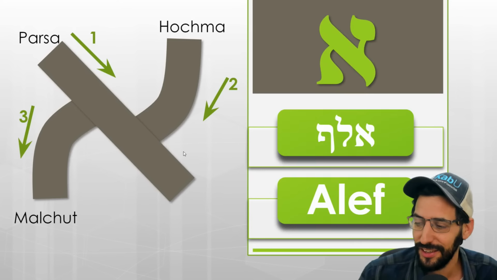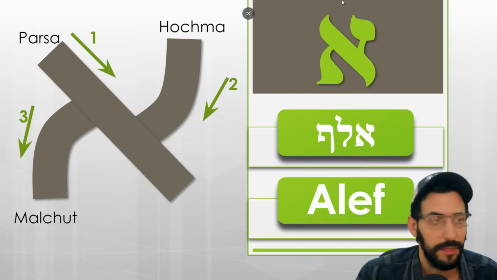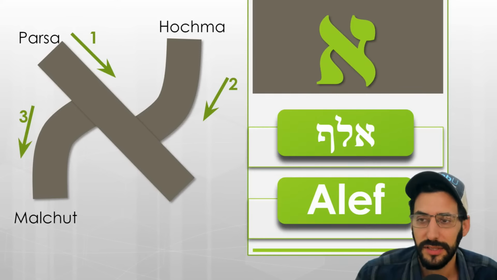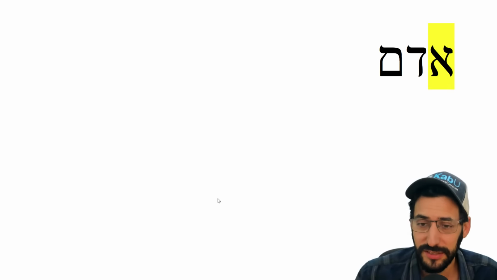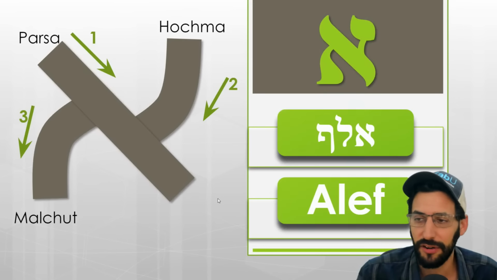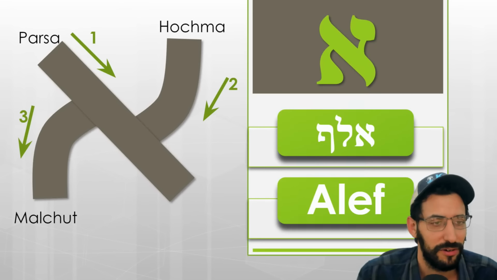So hopefully you practiced, you wrote it down a few times, and hopefully it's all good. Okay. So let's see. Next letter. Oh, wait a minute. Before the next letter, let's do some practice, right? So we learned the letter Aleph. Let's look at some words. Let's identify the letter Aleph. So, wait a minute, wrong way. There we go. So the first word,